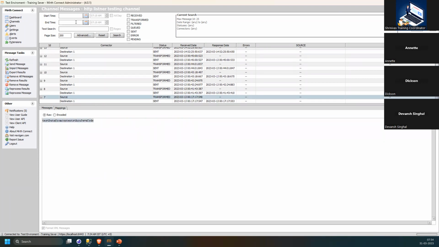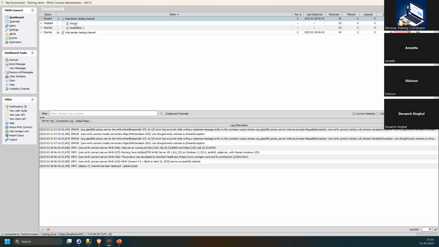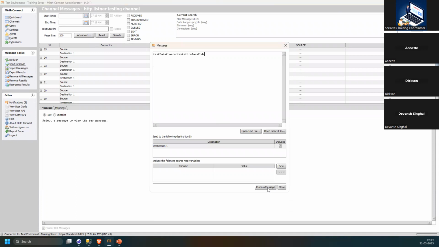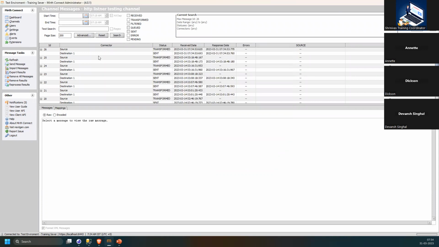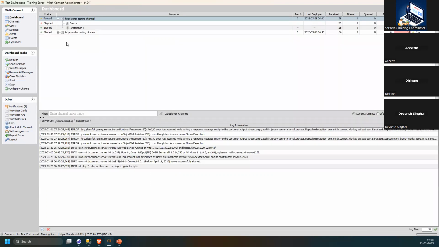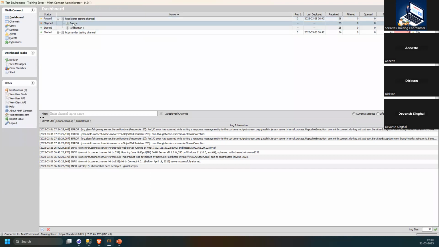Let's say this is some data that I have. I want to process the message and see. So every channel will have a simulator where you can send that message and say process the message. Okay, so you can see the latest date time, 7:35, 7:34. We have processed the message. So this will help us see what is happening with your message specifically, without receiving more messages from the source side. Those are the advantages of having paused as a status, by stopping only the source component of the